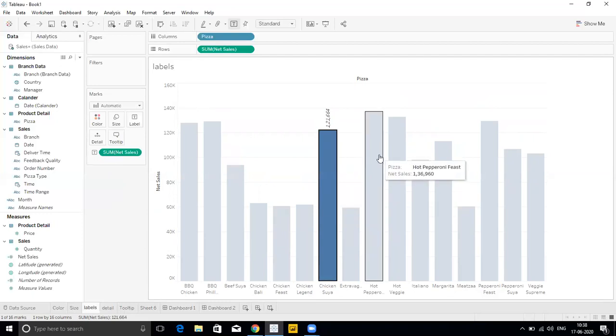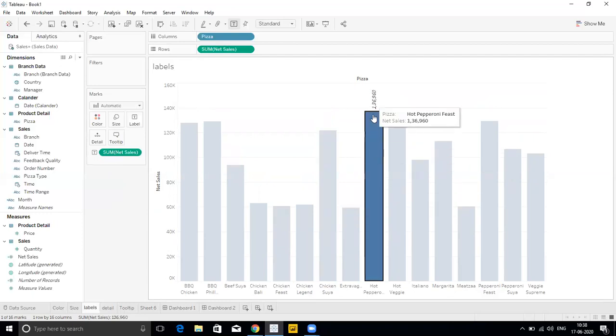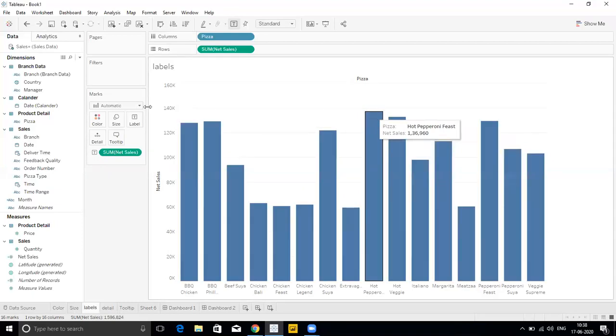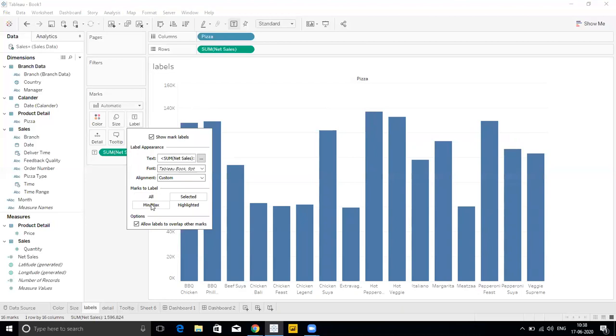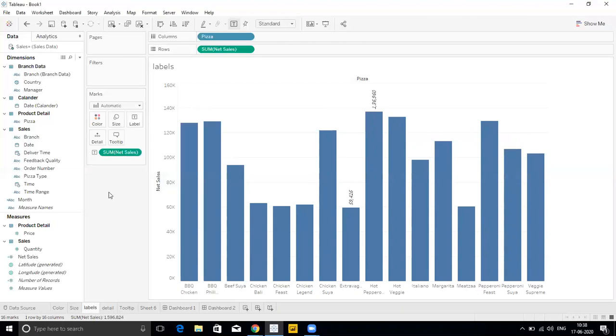Look at that. When I choose this, their value is visible on top of the column bar chart. And if I choose minimum and maximum, look at that. This is the minimum sales by this product and that is the maximum sale of this product.